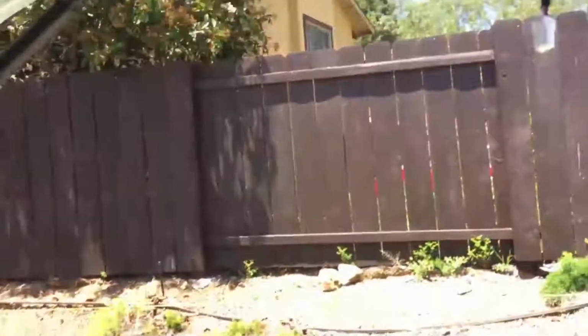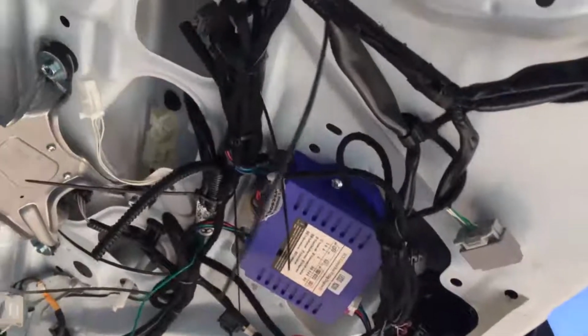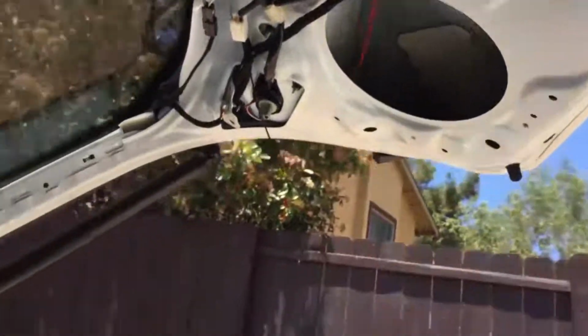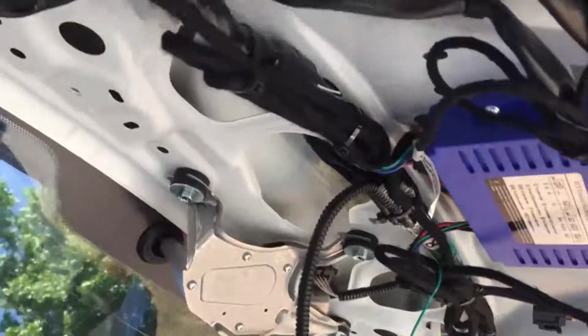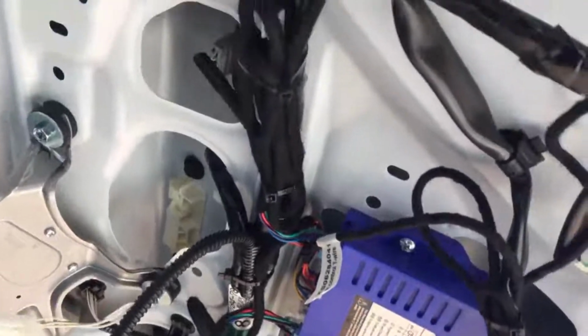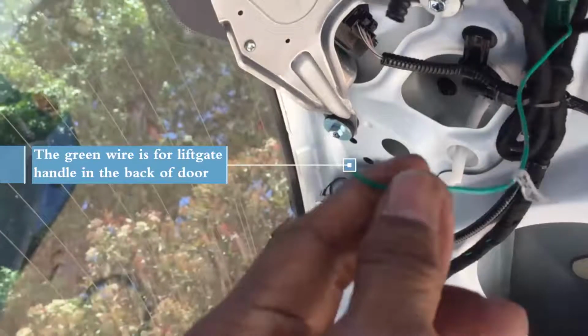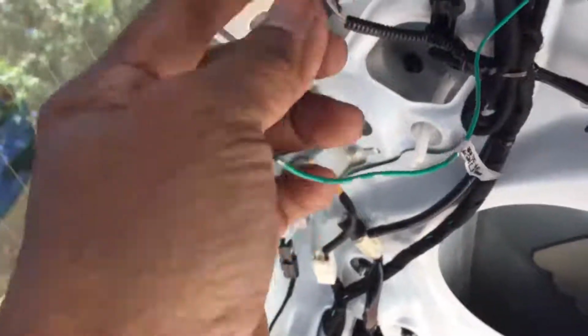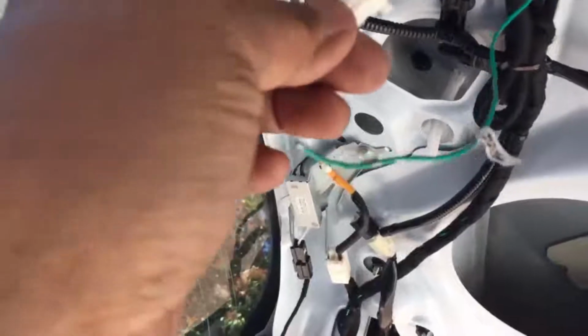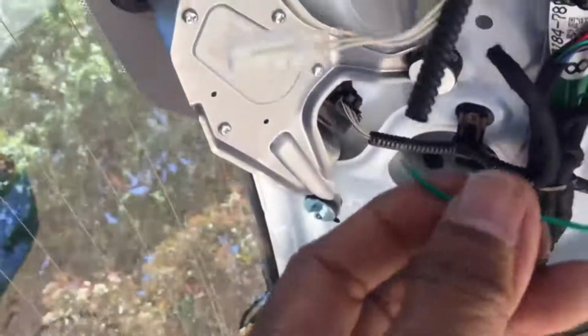But I just wanted to show you that this wiring on the top, once I cut off the pigtails of those tie wraps, is going to look nice and clean. Okay, so now that I cut off the pigtails and secure the wires along with the existing wires that was installed originally by the factory, the green wire right here, this is for your release handle in the back, the liftgate handle in the back of the door. I disconnected it, and I will tap this green wire on,